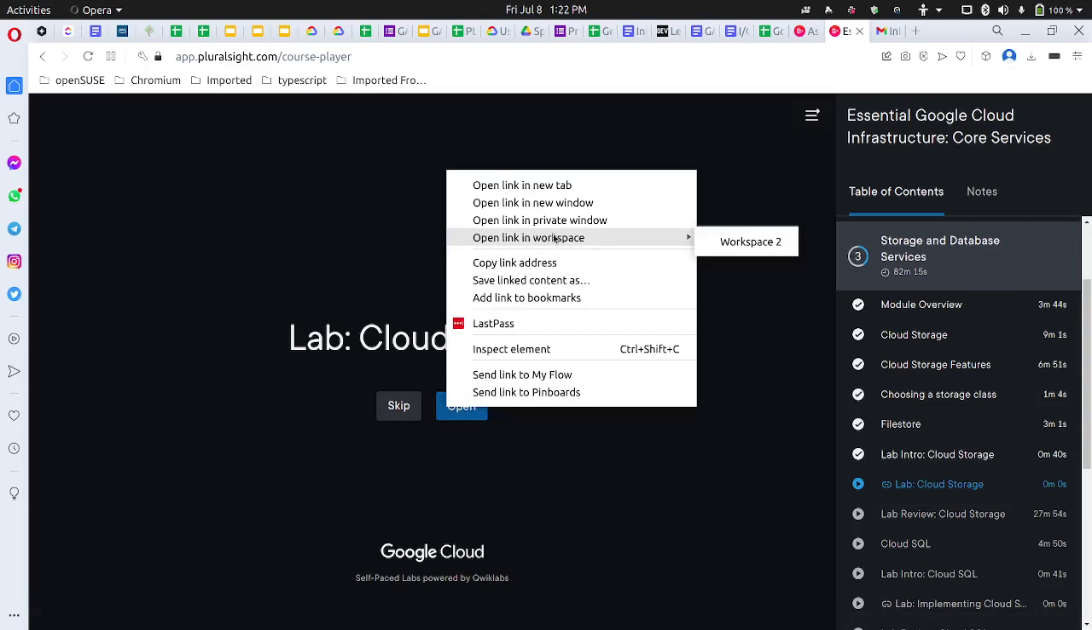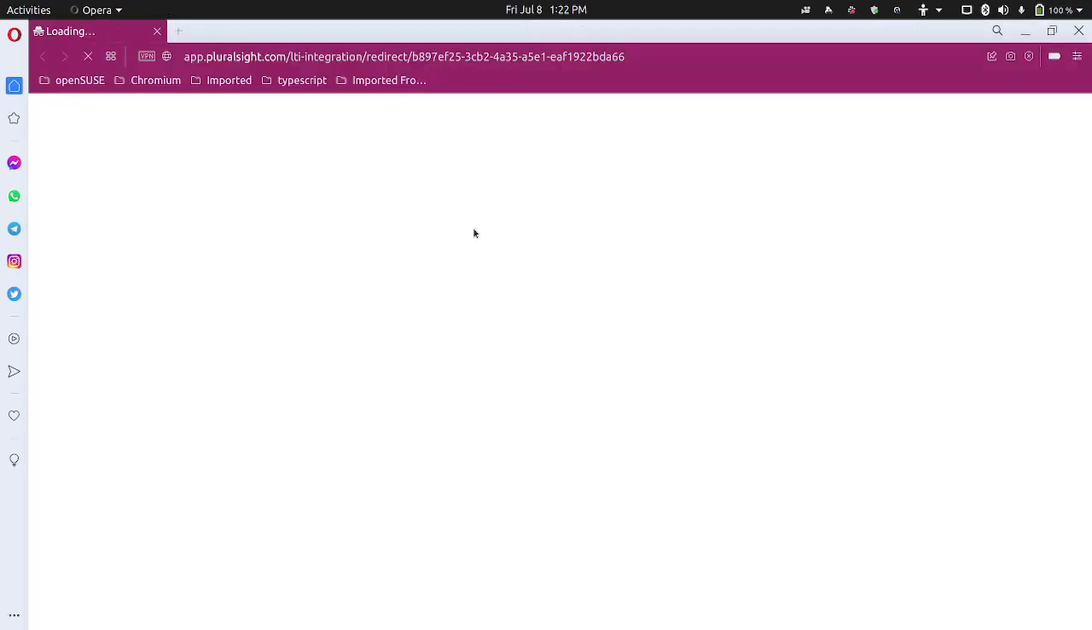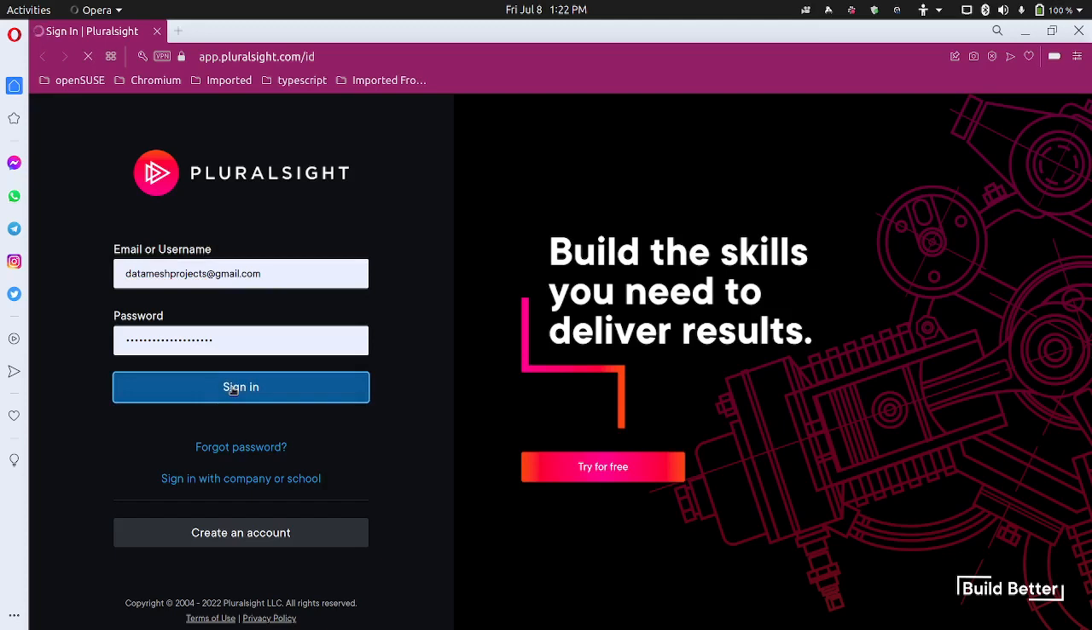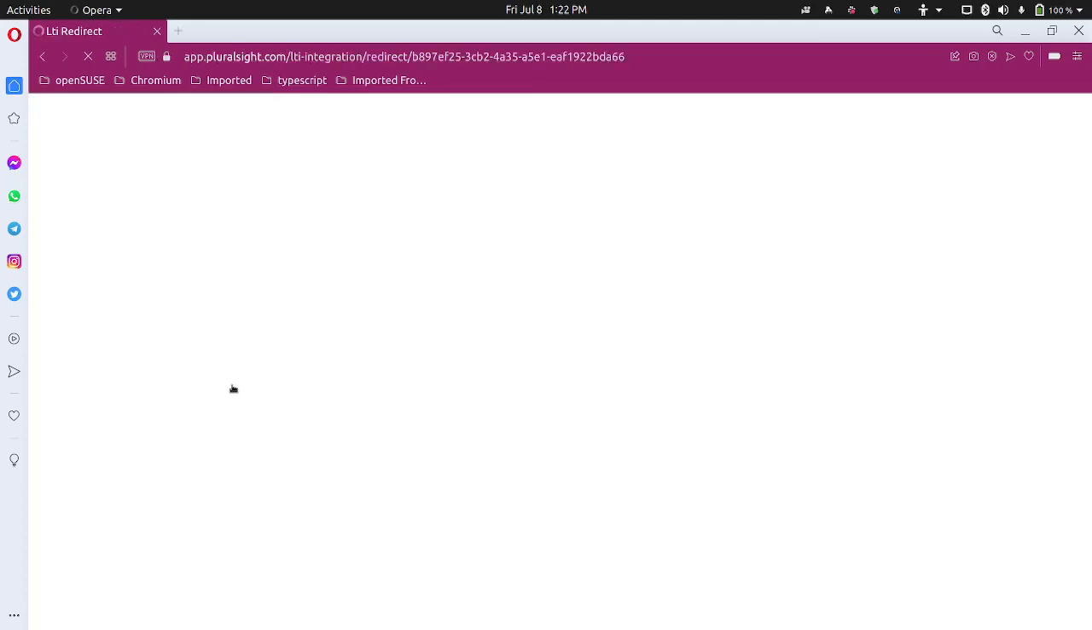So I'll right click and go to private window. And of course, I would log in. Okay, pick that one up. All right, so first things first,